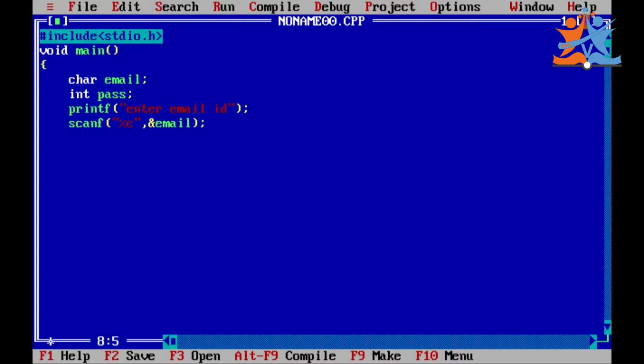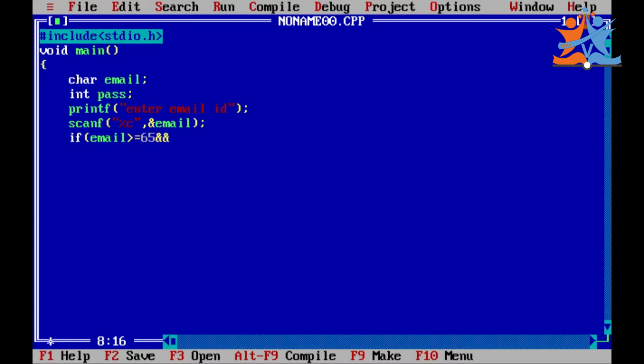So here we are writing a condition: if email greater than or equals to 65, logical and, we are taking the uppercase letters of the email address.